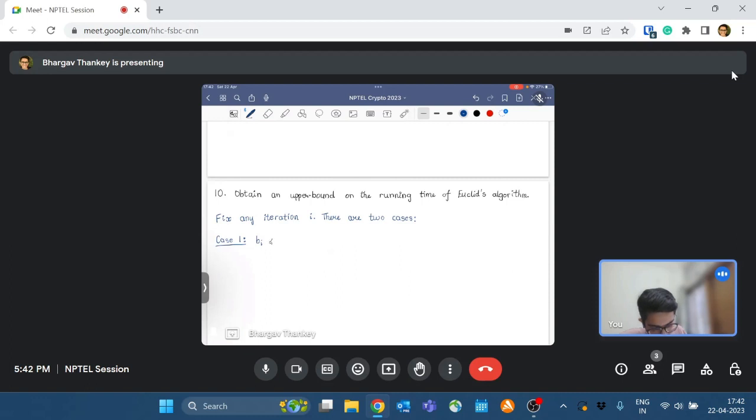First one is BI is less than or equal to AI over 2. And since AI plus 1 equals BI, it is less than or equal to AI over 2. As AI plus 2 is less than or equal to AI,